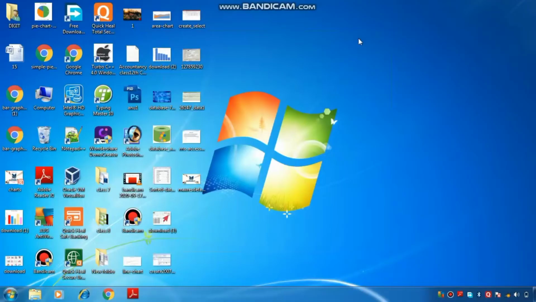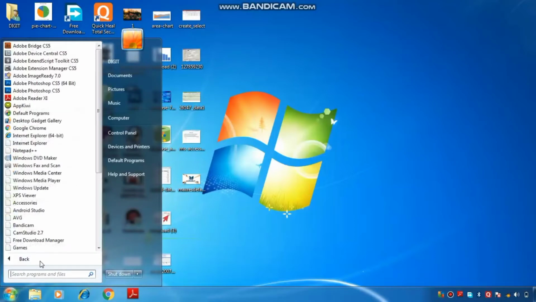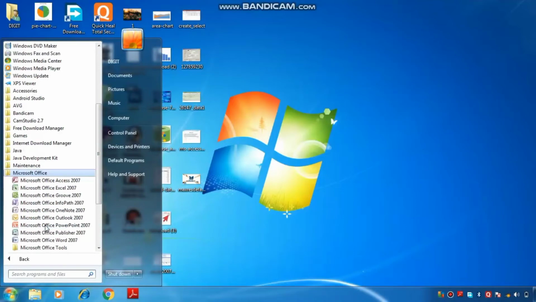Here we start our first practical, that is adjusting the column width in MS Excel. This topic comes under the formatting in MS Excel chapter, so this one is our first topic. First, to explain this we have to open our MS Excel window. To open it, first we click on the start button, then go to all programs and select MS Office. Under the MS Office we open MS Office Excel 2007.